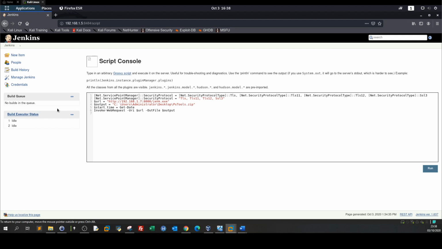And on here, the output will be the directory which is going to contain the payload. So in my case, we can select anything, but we need to make sure that the path is writable. That is why we're going to need to select the Jenkins directory. Jenkins can be found in the program files. So here I'm going to do like that. And in here, I'm going to type program files,